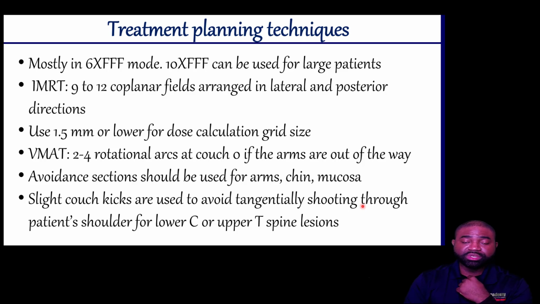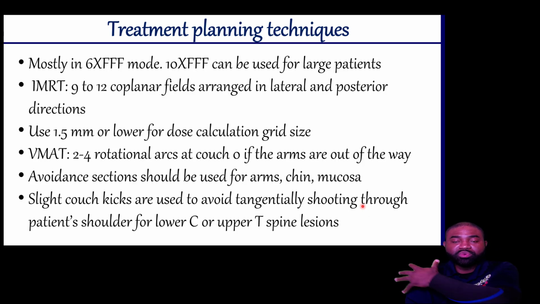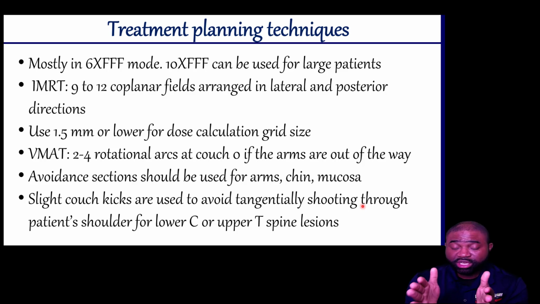In order for us to deal with that, we use a couch kick to orient the shoulders and put them out of the field, or we could adjust the collimator angle to prevent the beam from going through the shoulders and the chin, because it will introduce errors in our dose calculations due to attenuation through the structures. And so really, the only other thing that I think you need to take note of is: try to use non-zero collimator angles. 90 is great